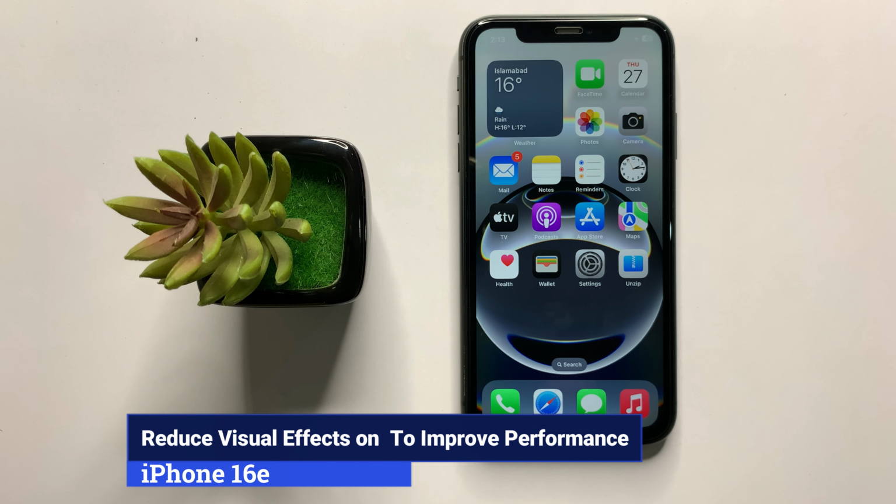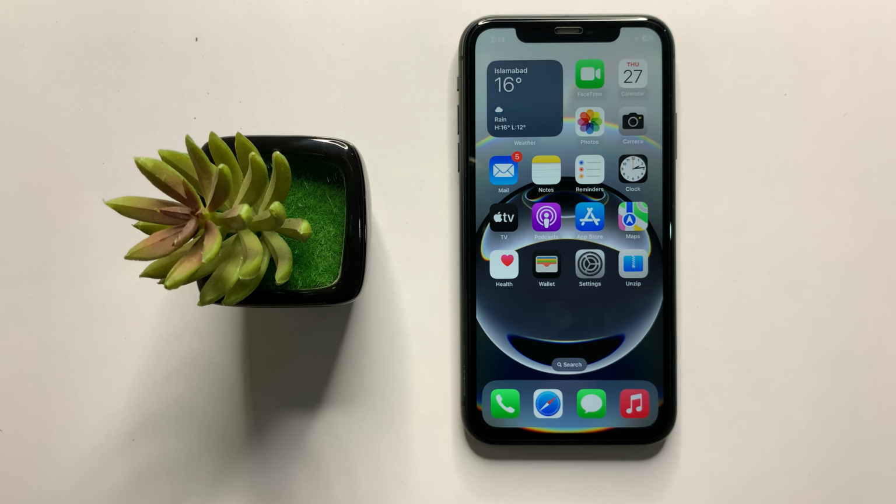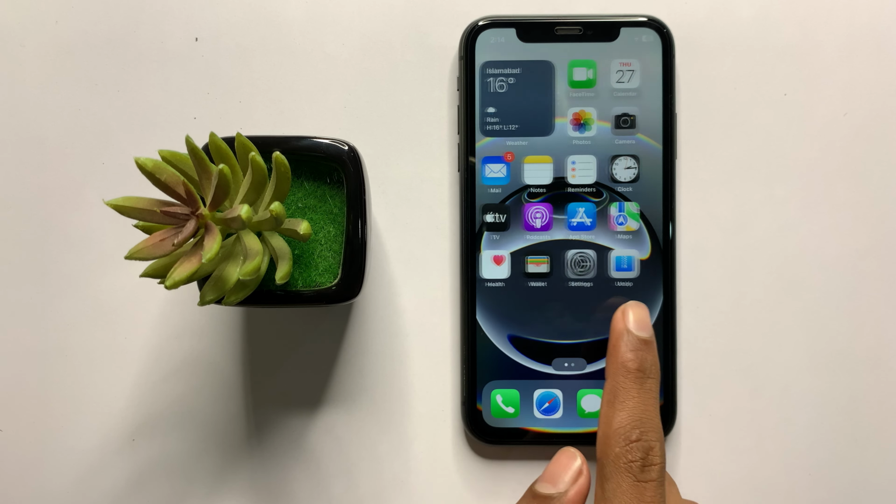How to fix reduce visual effect in iPhone 16e. So let's start the video. First of all,